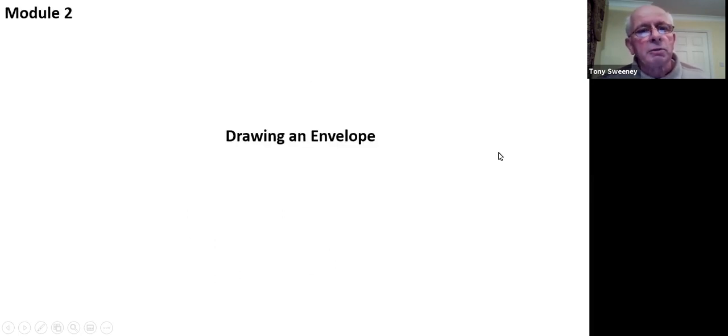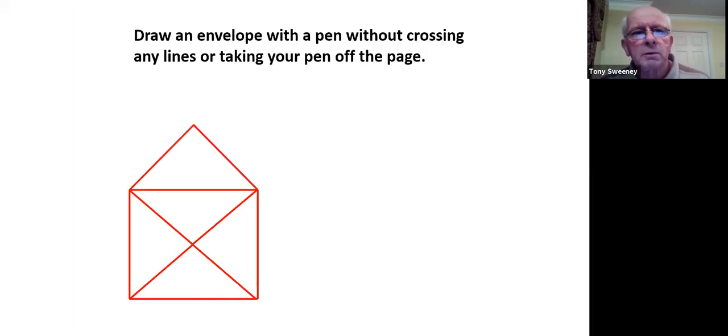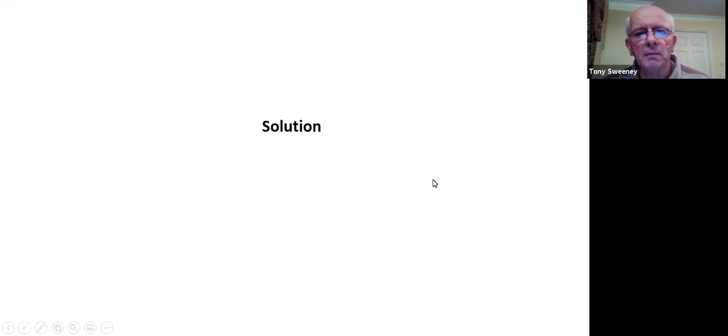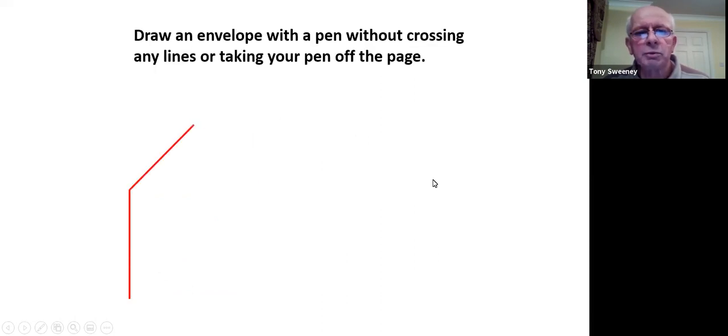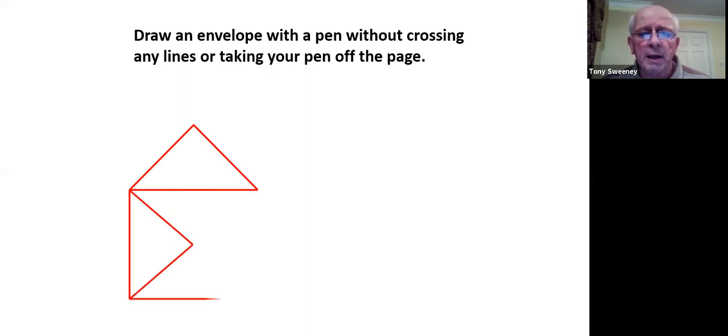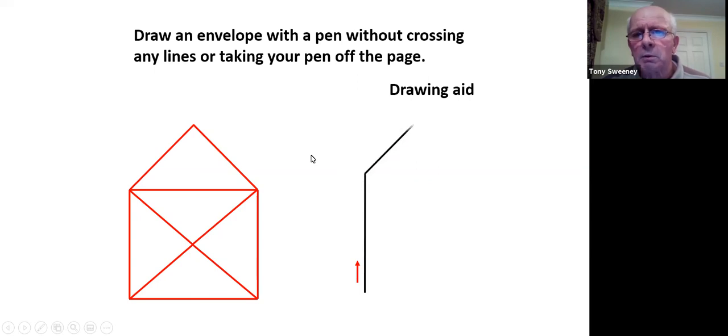So the second module is drawing an envelope. Draw an envelope with a pen without crossing any lines or taking your pen off the page. It goes like this. And I'm sure you've seen this before, but this is not where the focus is really. So there. That's a fairly complicated maneuver. So we're going to find something to simplify that. So here we go with a drawing aid